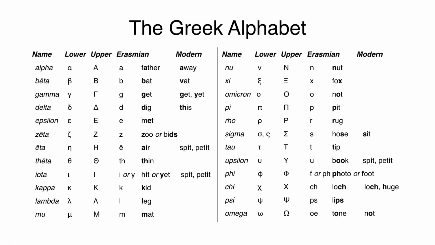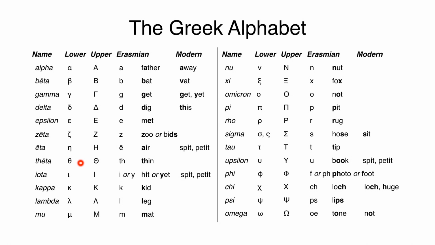Well, let's go through the alphabet. First, I'm going to go through the whole thing using the Erasmian pronunciation, then I will go through using the modern pronunciation. So, first, alpha, beta, gamma, delta, epsilon, zeta, eta,